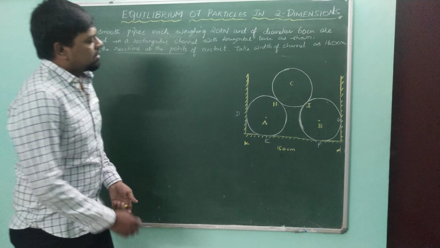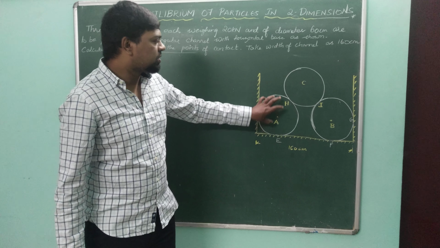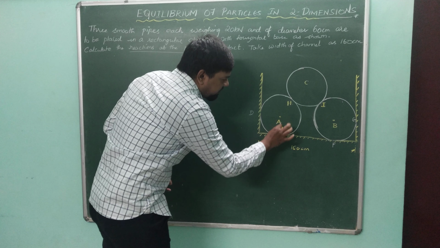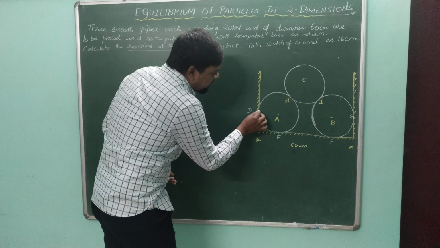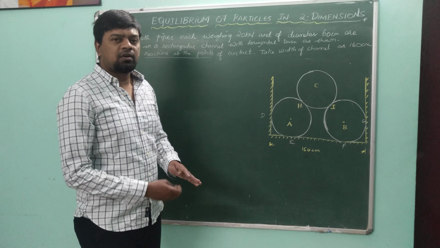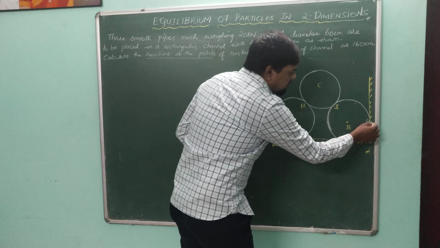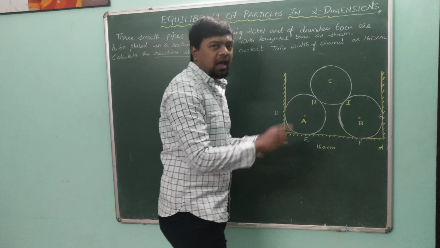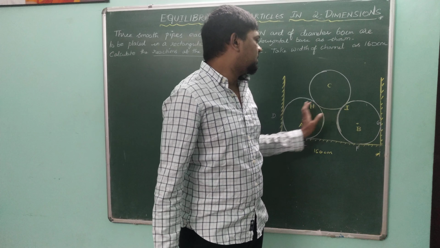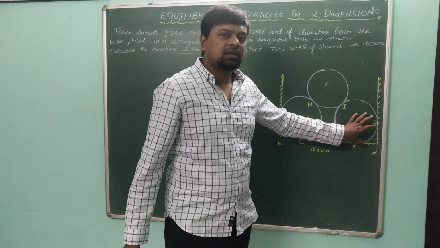If you see here, pipes A and B are identical, not only in shape but also in reaction. Four forces are involved here. The self-weight is going to act vertically downwards, and apart from that it is having contact here, here and here. So three forces plus self-weight, four forces. Similarly for the other pipe. Both are identical, so if you find the reaction for any one pipe, it is going to be equal to the other.